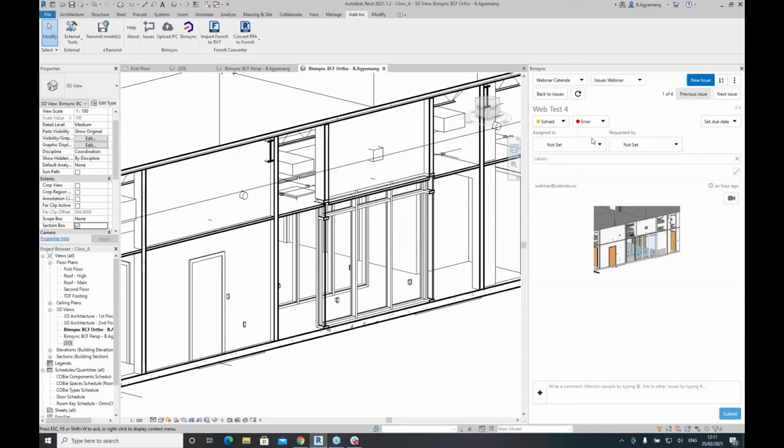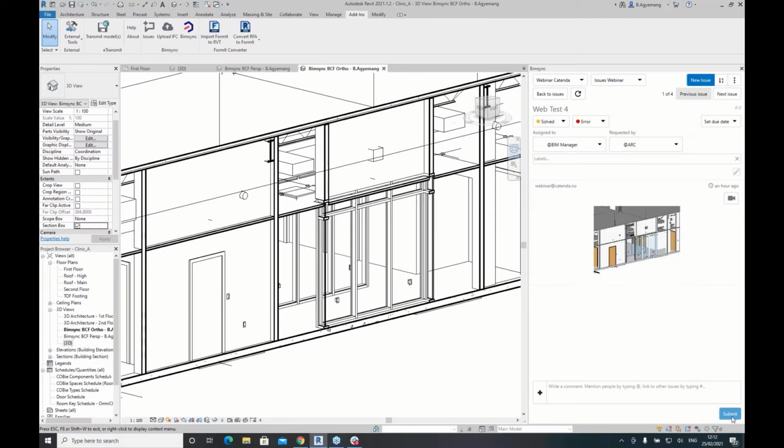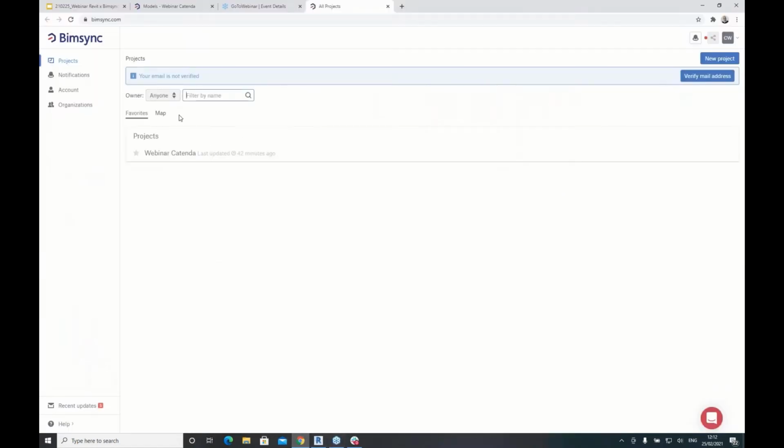I could say, okay, this issue, I want to assign this to someone. Let's say the BIM manager. And I say save. And I say, okay, this is requested from an architect. And I say submit. And what happens is that when I go over now to Bimsync